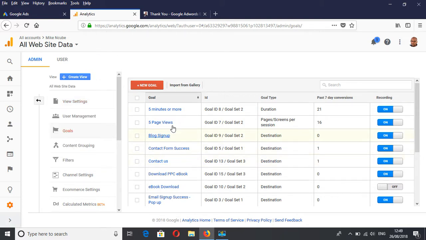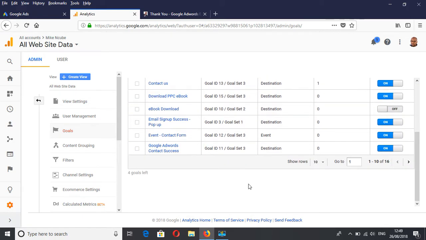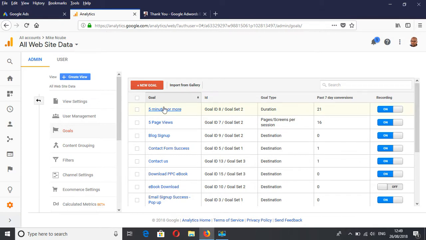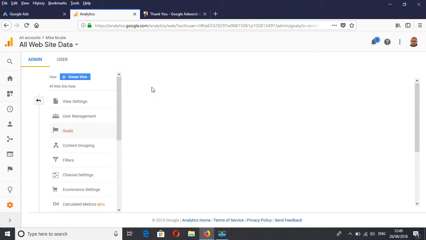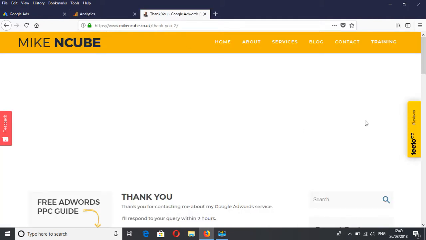So you can see we have a number of goals in here, and the maximum you can set up for each view is 4 goals, so it's 20 goals. So we've got 4 goals left to set up. We have 16 set up, so we can set up 4 more, and that's what it allows us. So we click on new goal, and what we want to track in this case, I've given here an example